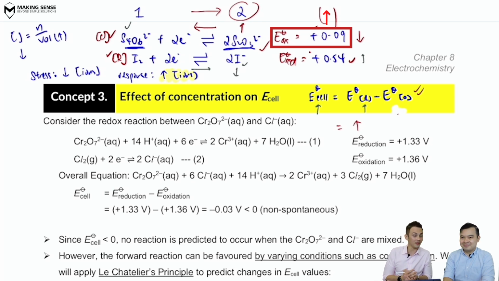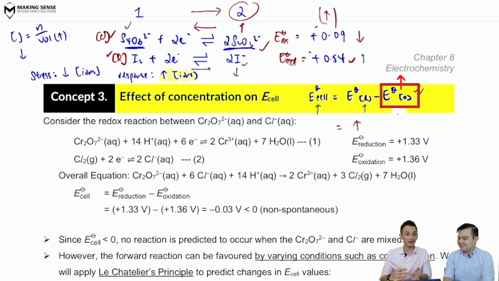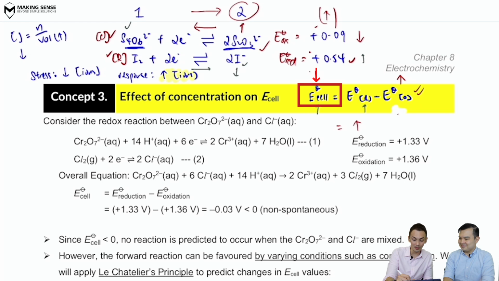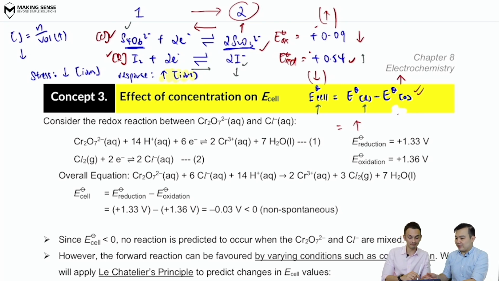It's going to go up, right? So the same idea: if EOX were to increase, then you're minusing away a larger value, and therefore the E cell is going to get smaller than expected. Nice. Okay, so some of you might see equations, like the one at the bottom over here, where the